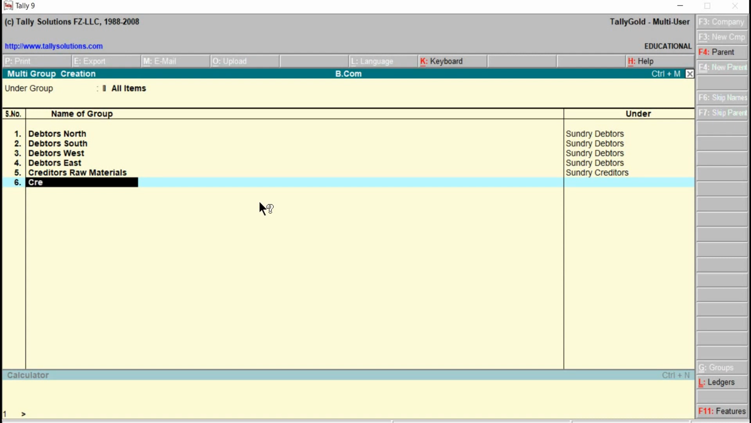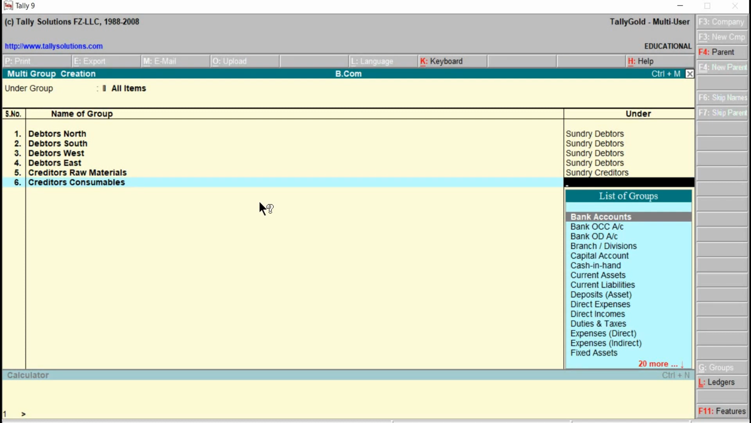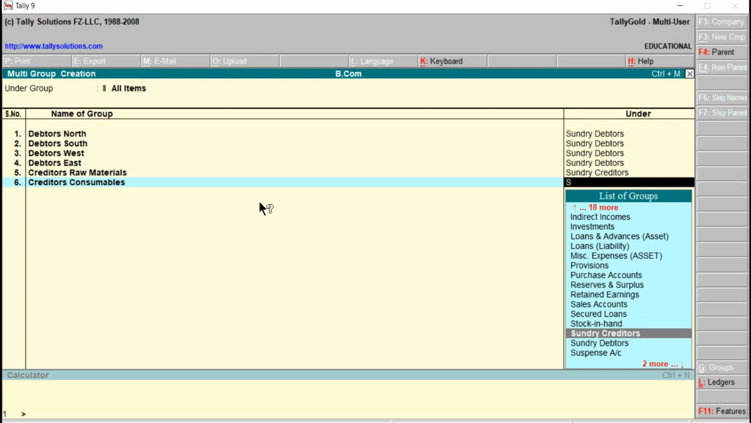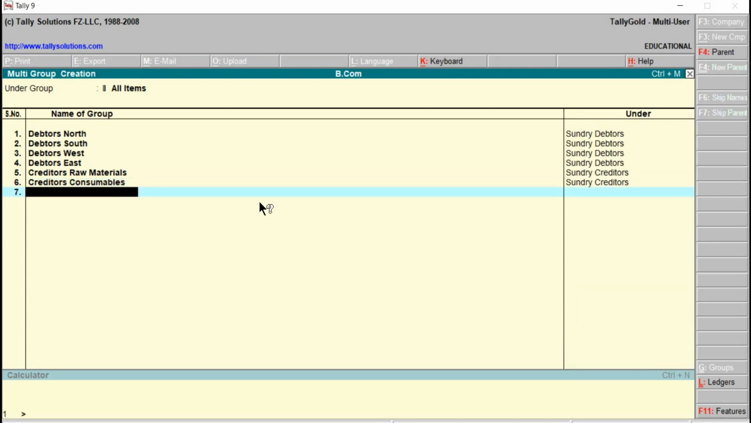Next one, creditors consumables, right, and this will be allocated under sundry creditors. Okay, just press here S, right, enter, then enter. Can we see here we have created list of groups in one single window using the mode multi-group,